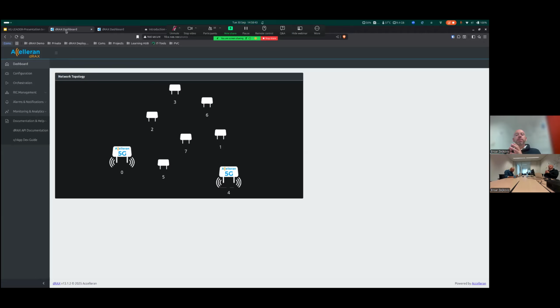Another aspect to this is xApp placement. You also have the possibility to choose on which node in the Kubernetes cluster you're going to place your xApps. This also gives us an advantage, because imagine that you have a very resource-intensive xApp, and you really need a lot of resources with it, and you don't want to impact the rest of the functionality in the RIC.